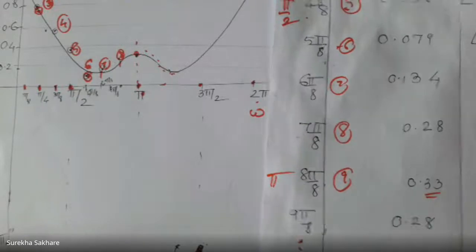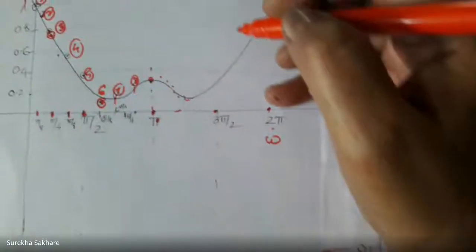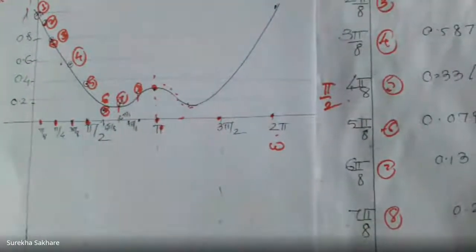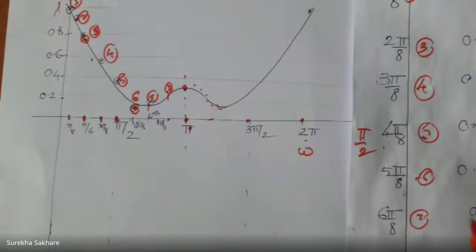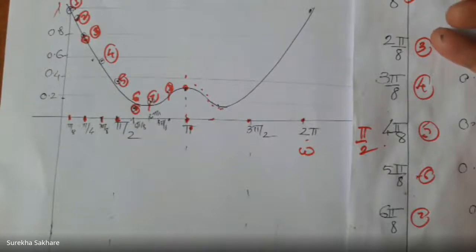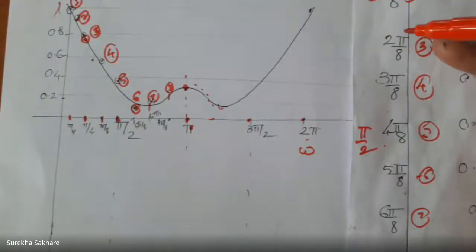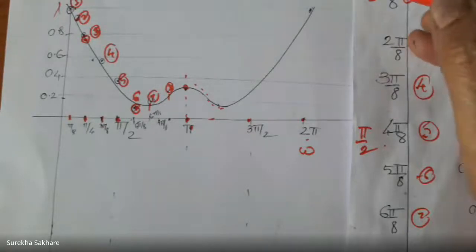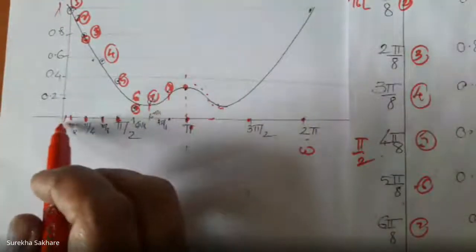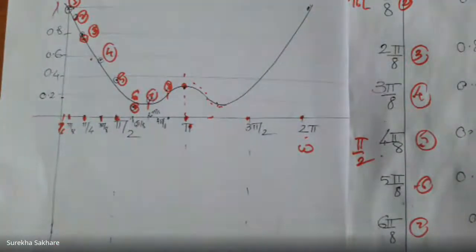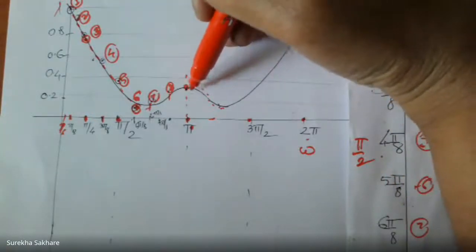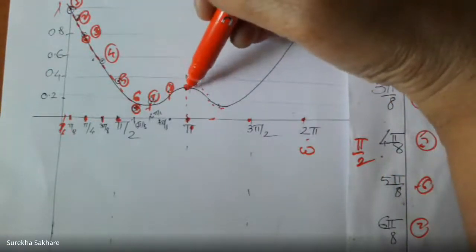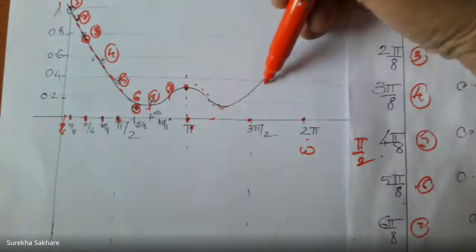So what you are seeing now, the aim is to understand the spectrum. The aim here was to understand that we have drawn the values on the spectrum in steps of pi by 8. You can even take pi by 16, that means you would have been still further here. But this is not feasible, so what you do is draw a dotted line like this, making it continuous, and nothing will be different from pi. It will be the same. So we have all the prominent points, and we have plotted the diagram.